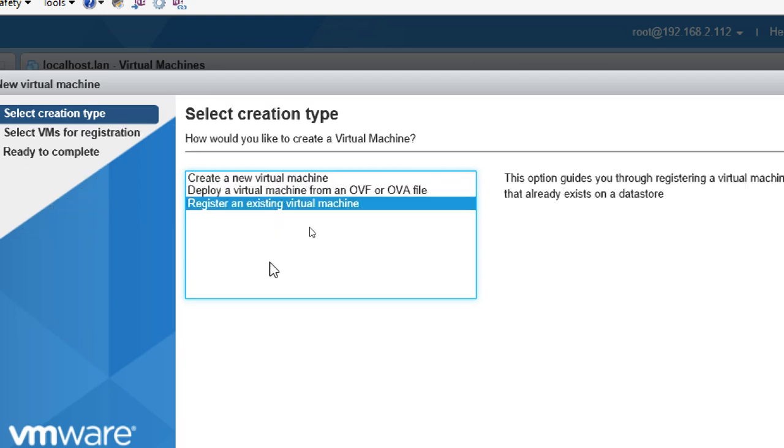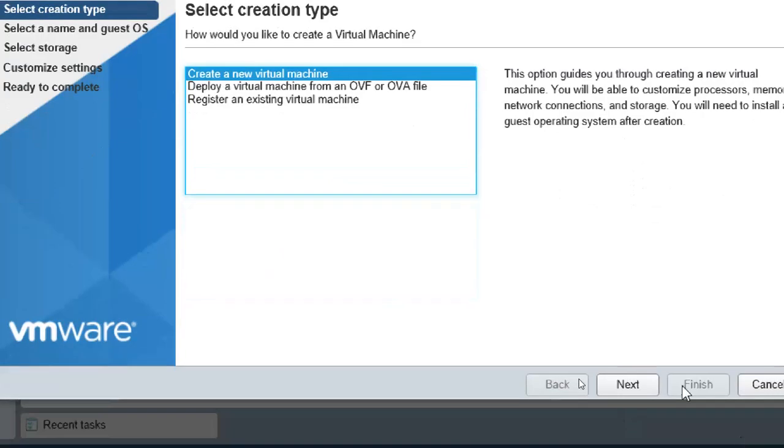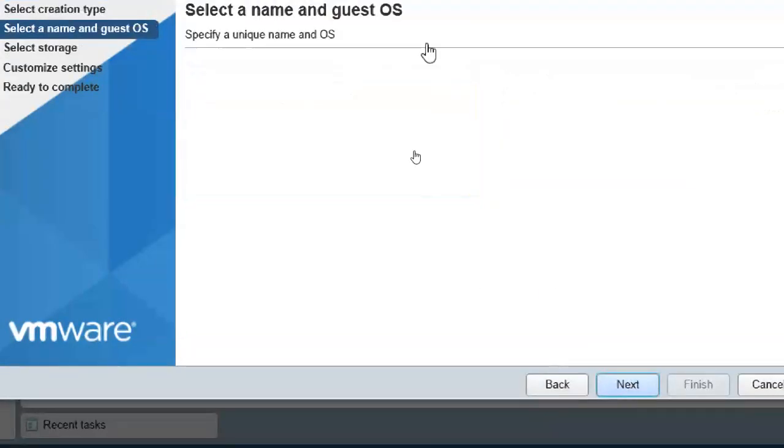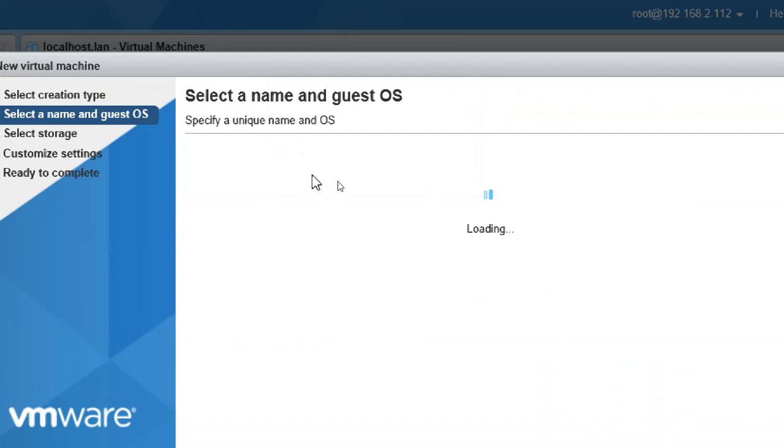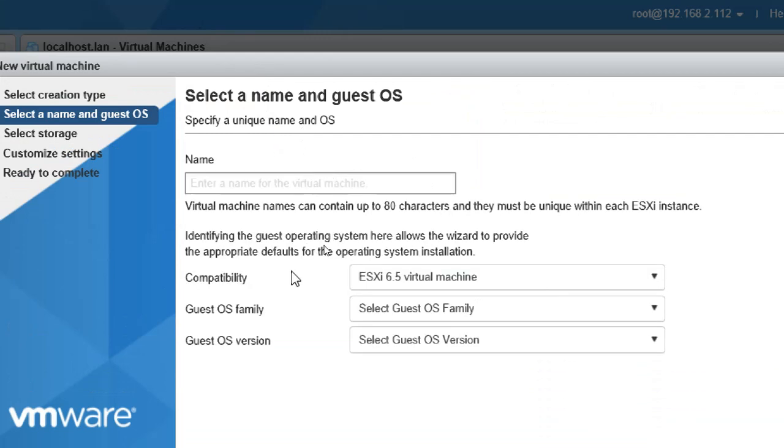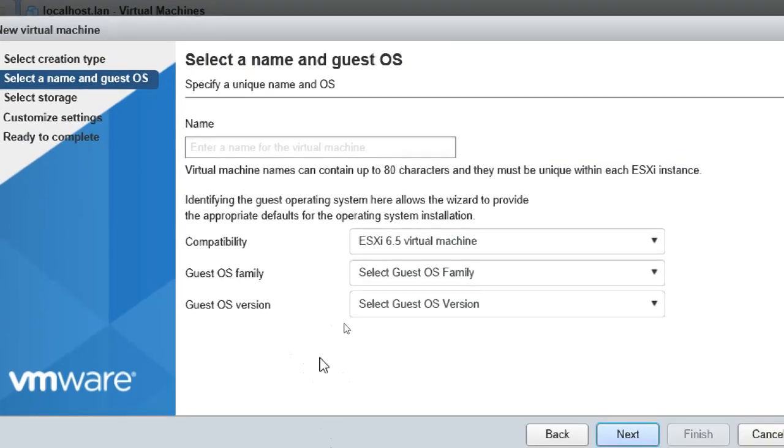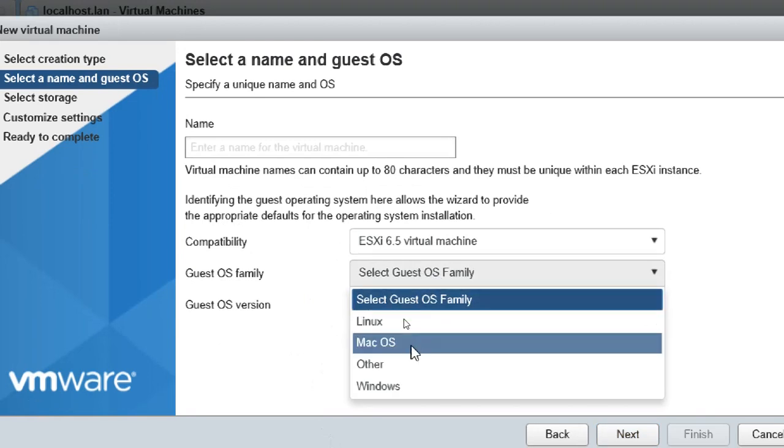Okay, so register an existing virtual machine. If an already running virtual machine is there and no one is using it, you can register that one. Create a virtual machine. Next, the important thing about a virtual machine is you need an operating system, right?